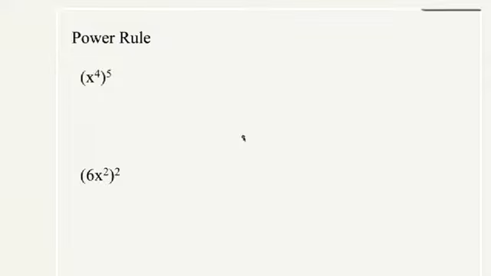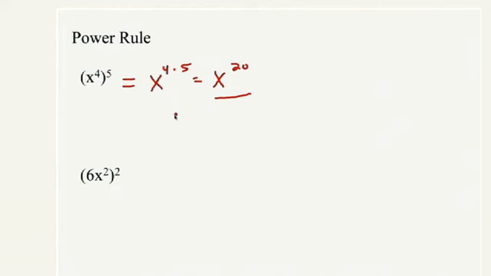In other words, x to the 4th power raised to the 5th power is x to the 4 times 5 power, that is x to the 20th. It's worth taking a second to see that this is true by remembering the definition of an exponent. X to the 4th to the 5th power means multiply 5 x to the 4ths together. And we already have a rule for when we multiply exponents. Product rule. The product rule, exactly.